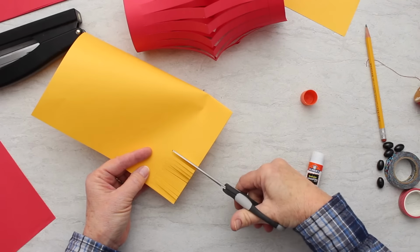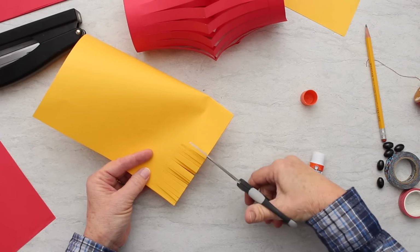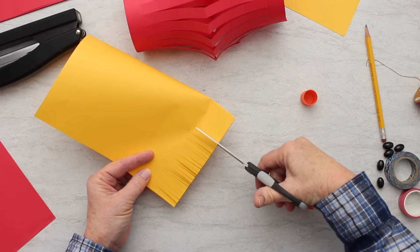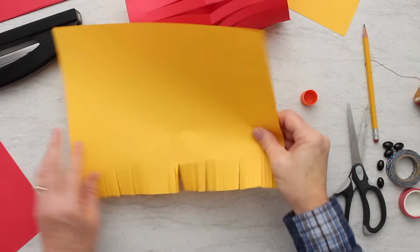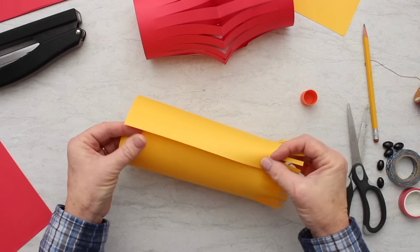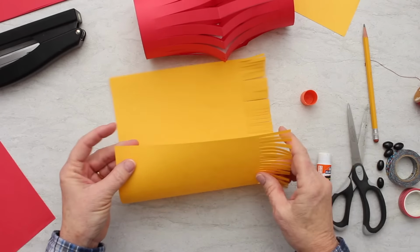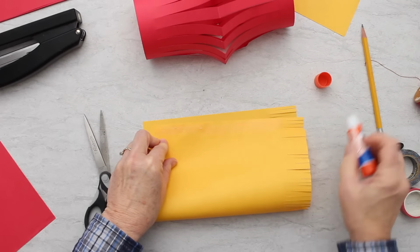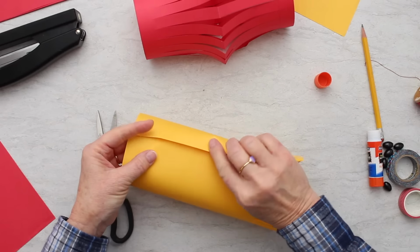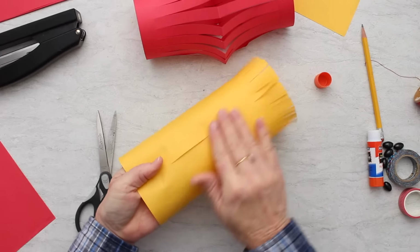They're about 1.5 to 2 inches into the paper, and they're only about 1/4 of an inch apart. I did not draw these lines on first. I'm just clipping. Okay, so when I open it up, I have this nice fringe all the way across the bottom. Then I'm going to roll it and glue the two pieces together here, just like I did the lantern. So I roll it up, and I'm going to overlap the two ends and glue them together like I did the lantern,